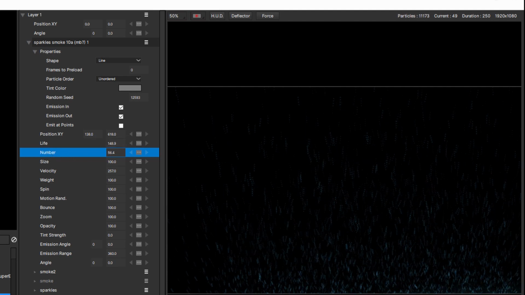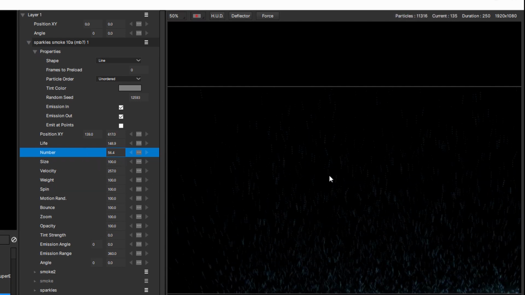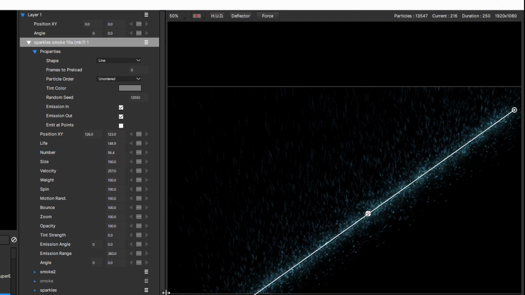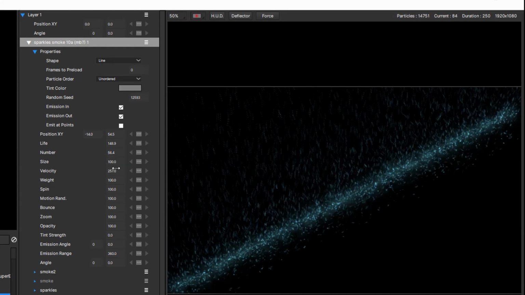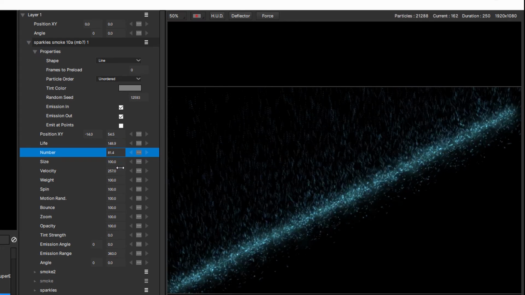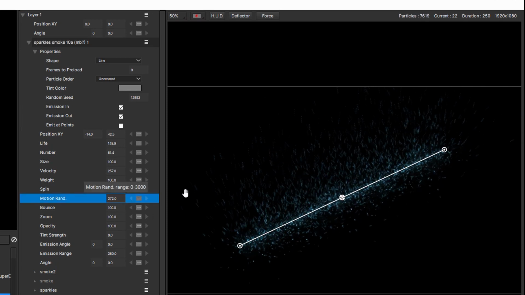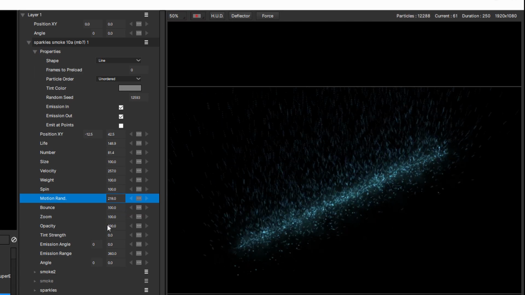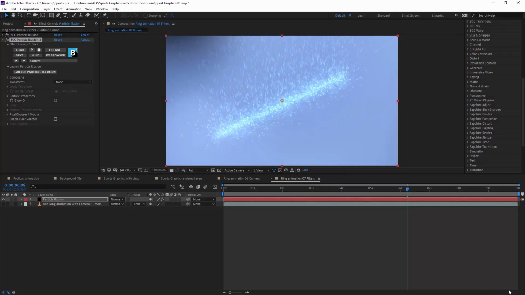And of course, all of these can be keyframed and animated, and we can do a ton more stuff with this, but I just want to add a little bit of sparkle into the background. Maybe let's push that over as a diagonal. Yeah, that's looking kind of cool. Take the lifespan up. Yeah, I'm sort of liking that. Let's maybe make it so it's not quite all the way. Add some more motion randomness, and we'll see how that goes. Let's click OK and apply that and bring that back into the host.